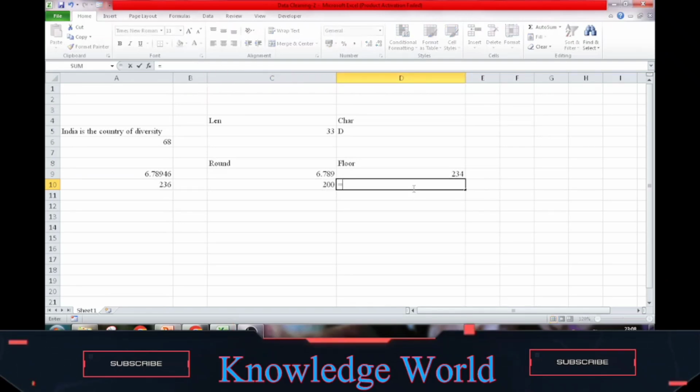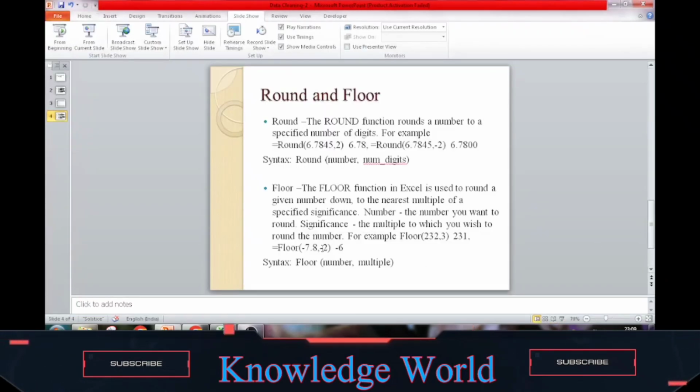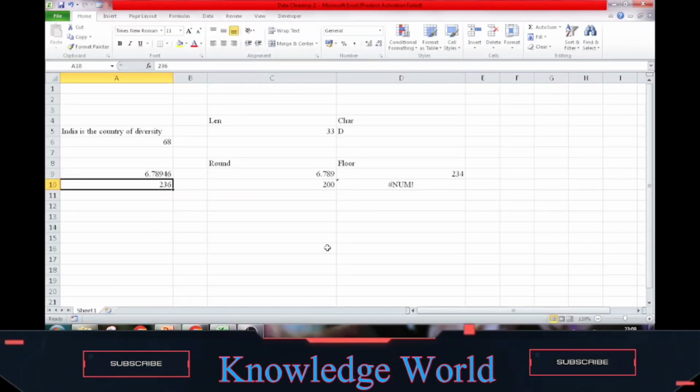Then second, in the FLOOR case, FLOOR, then number, then significance -2. The answer will show an error. If we write the FLOOR function, then select the number, comma -3, there will be a num error, because both numbers should be negative.